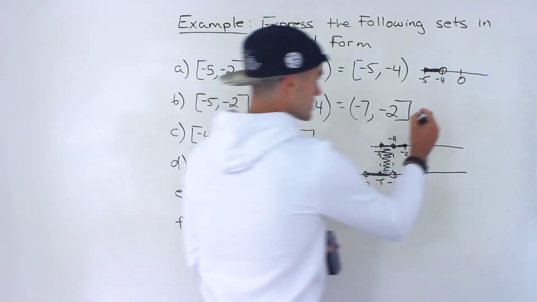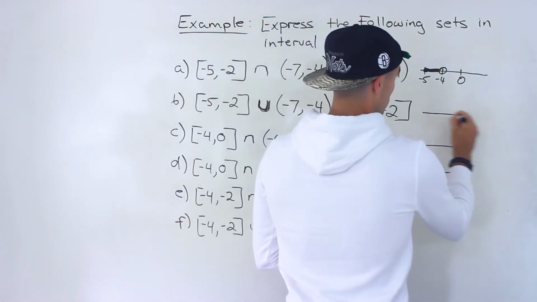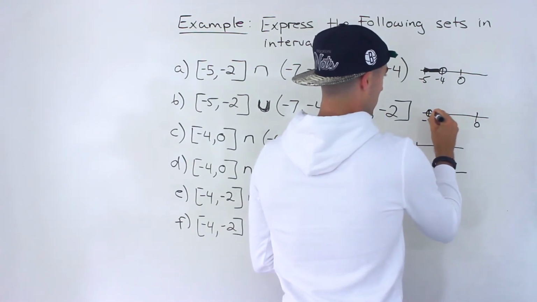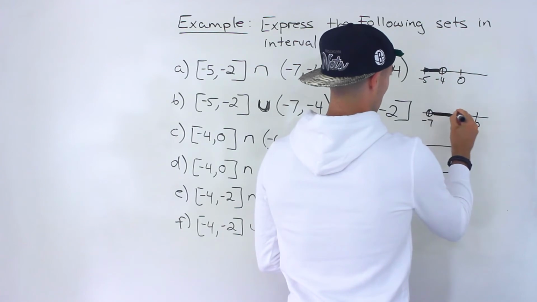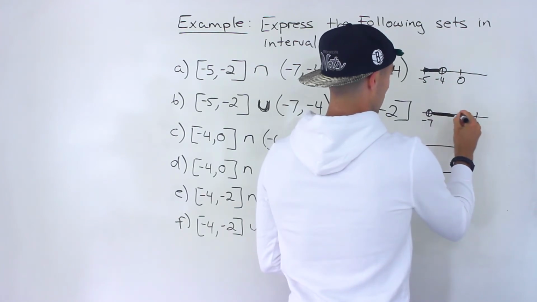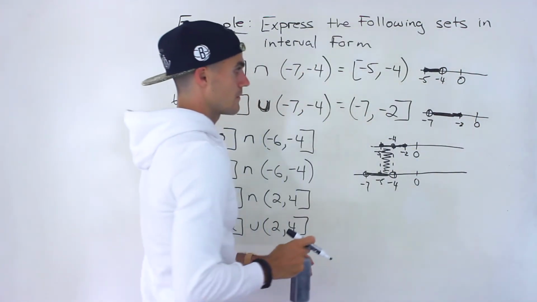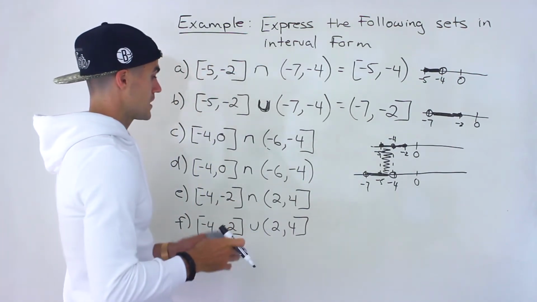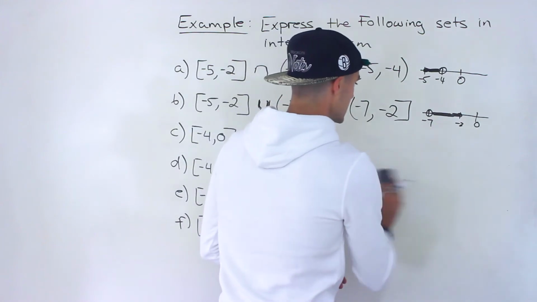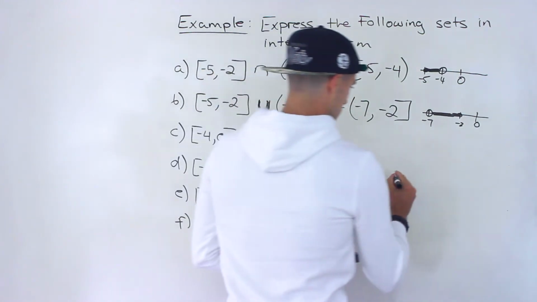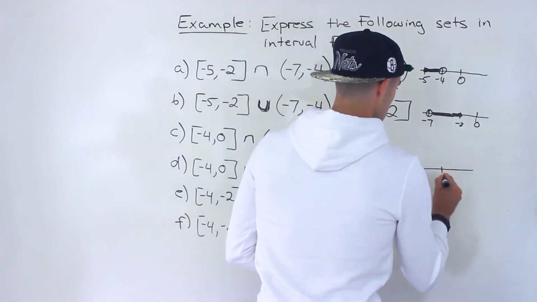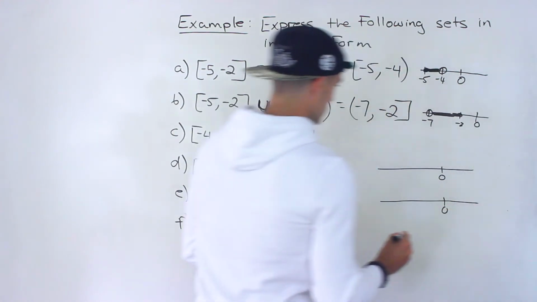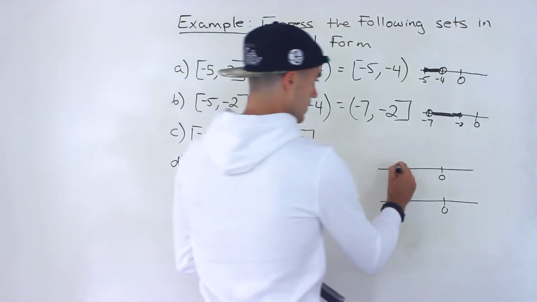If you express this on a number line, it would be -7 open and then -2 closed, like that. All right, so that's the answer for part B. Now moving on to part C. Again, let's draw a number line here. So we got 0 and we got -4 to 0,